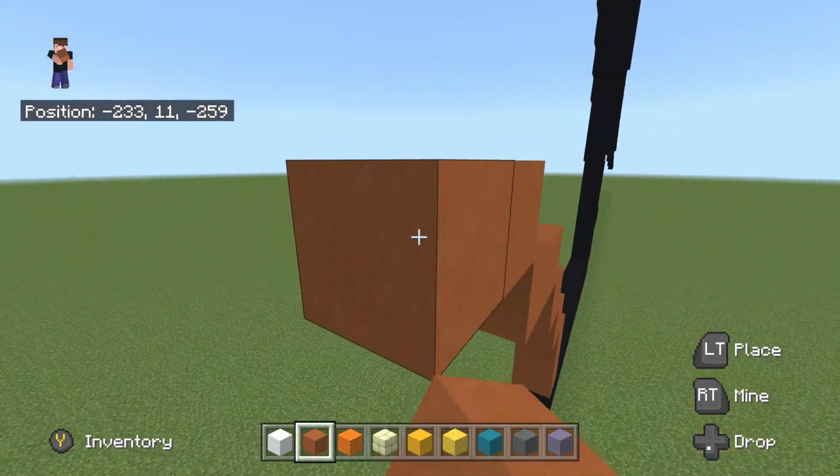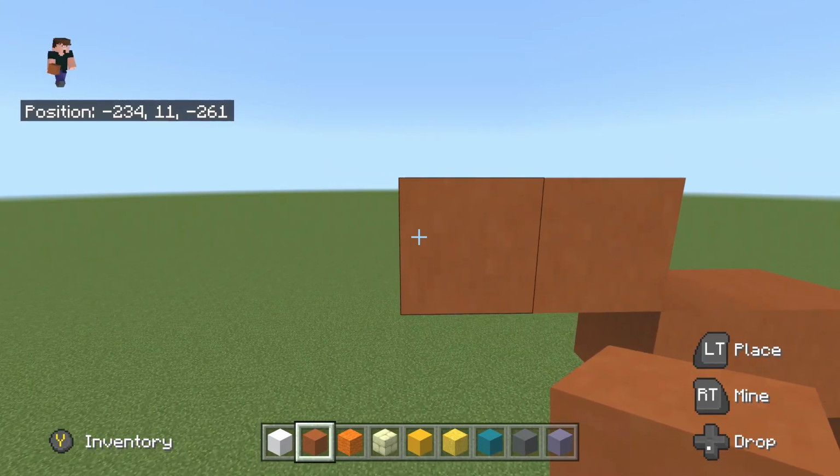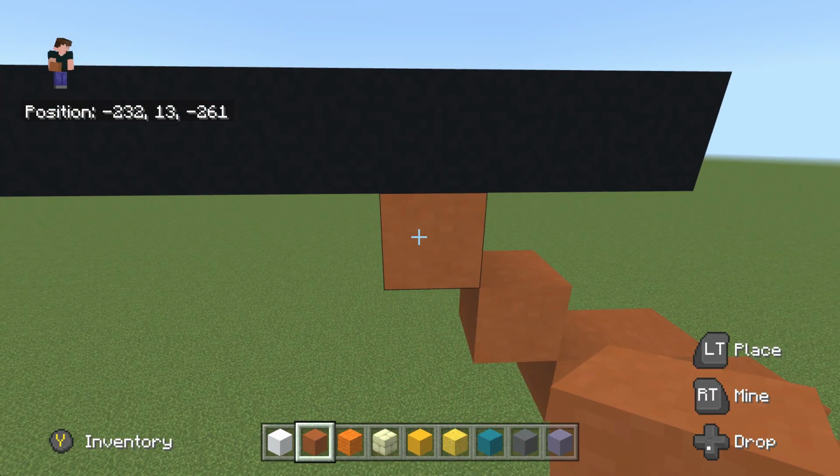And then we're going to place another 1 to the left, and there we go. Once you place this 1 to the left, we're going to do 2 up left diagonals. So 1 and 2, just like so. And then from the second up left diagonal right here, we're then going to place 17 going to the left